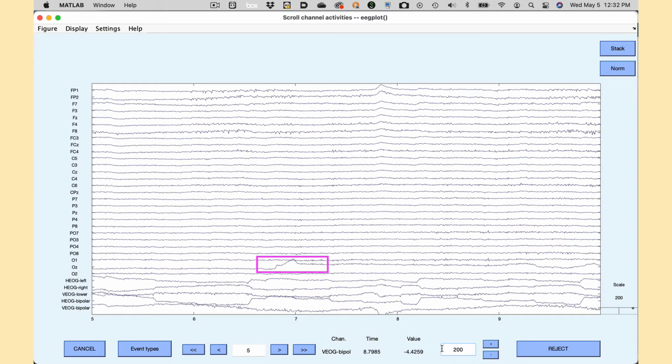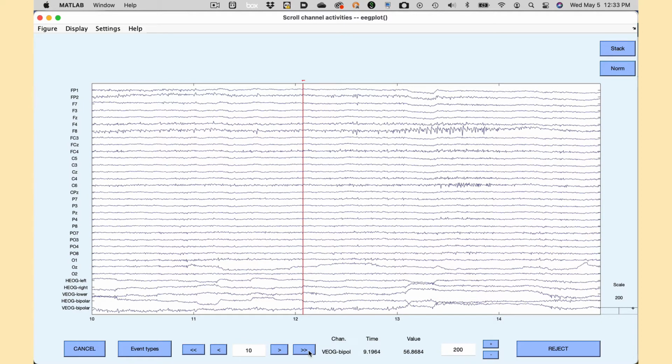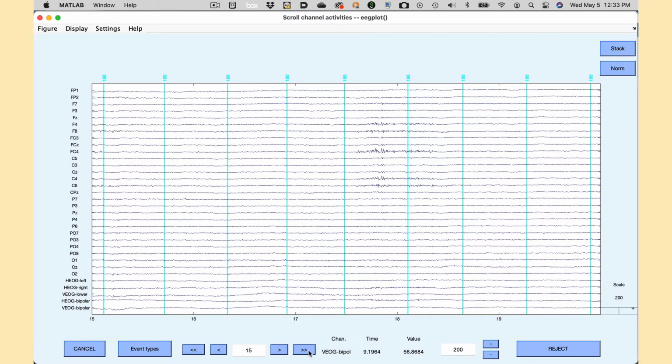What's this over here in the OZ channel? I have no idea. It's just at one site, so it's very unlikely to be brain activity, which spreads as it passes through the skull and scalp. If we scroll another 5 seconds, we see more random up and down deflections in OZ. If we scroll another 5 seconds, we see that the task has begun because these vertical lines represent event codes. The OZ channel flattens out once the stimuli start, so I'm not too worried about it. If it kept going up and down after the stimuli started, I'd be worried that it was a bad connection, and I might interpolate it.